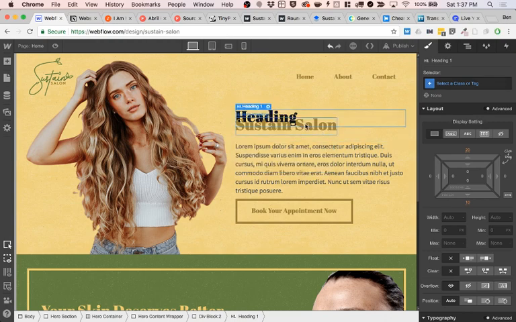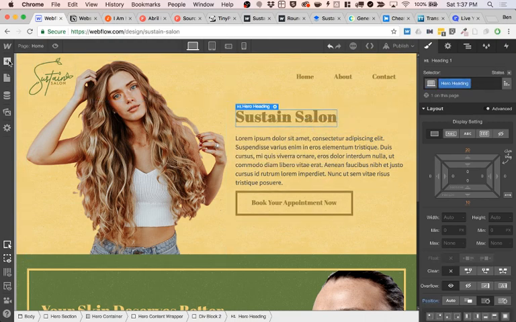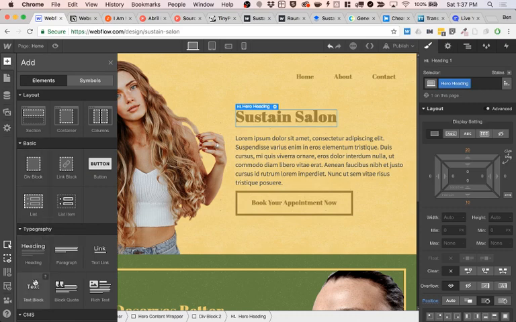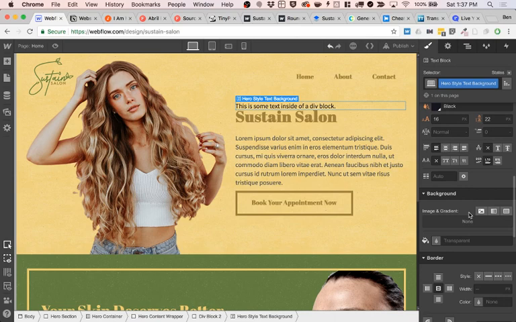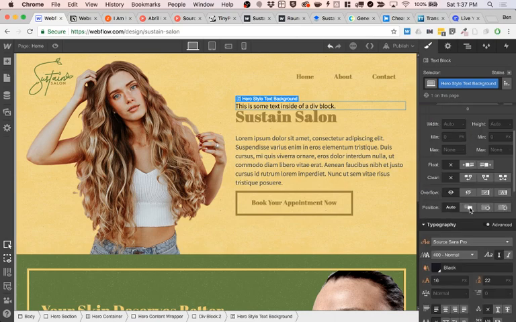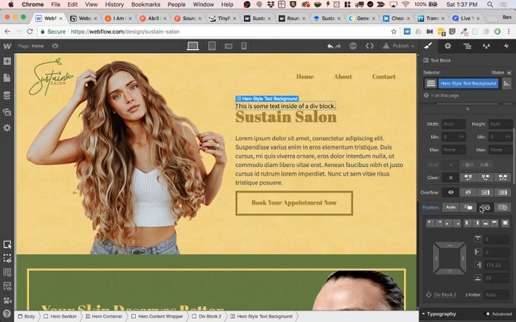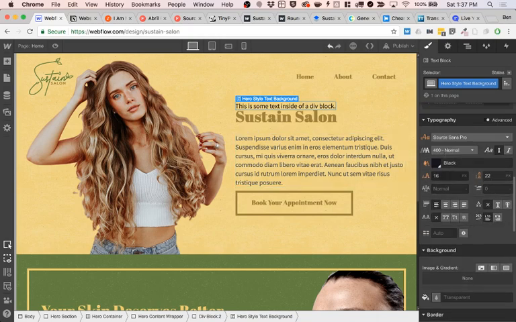We'll call this, actually, I don't want it to be that. I want it to be a text block here. And we'll call it hero style text background. I'm going to make it absolute as well. This is the index of like 2. This is the index of 1. And let's go ahead and